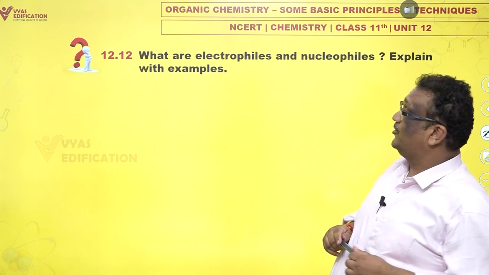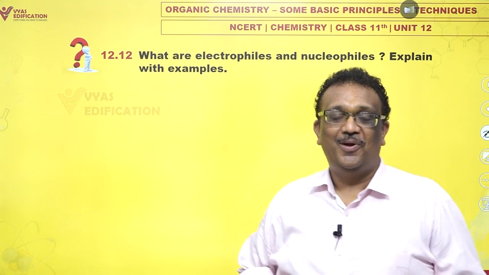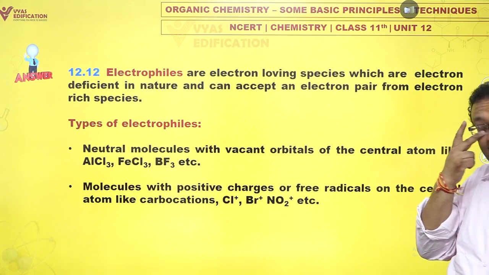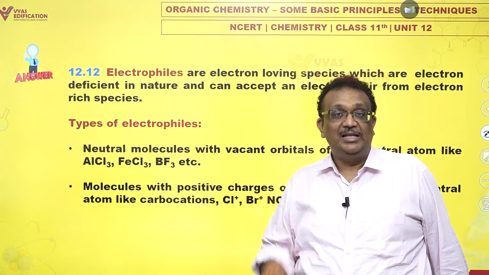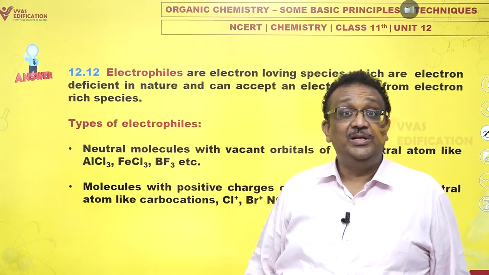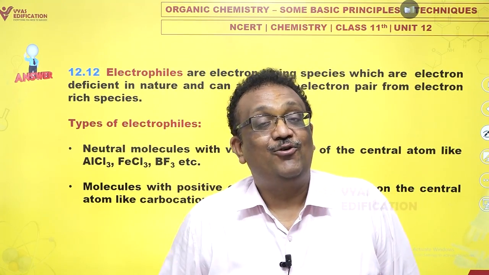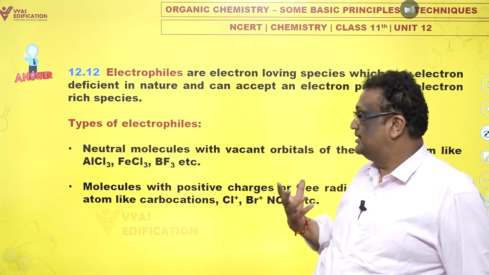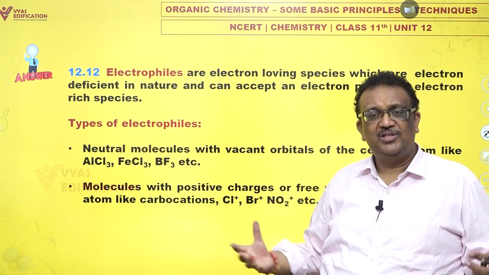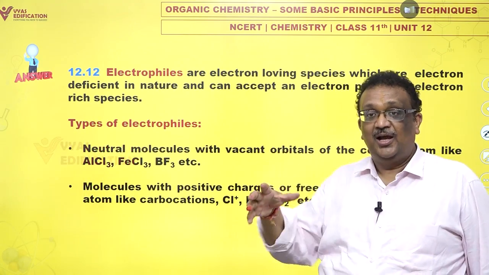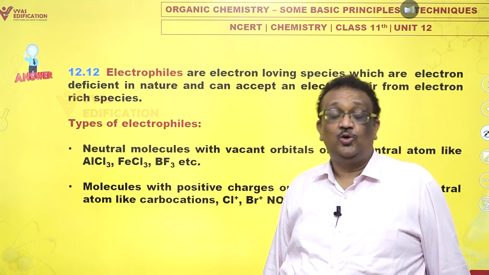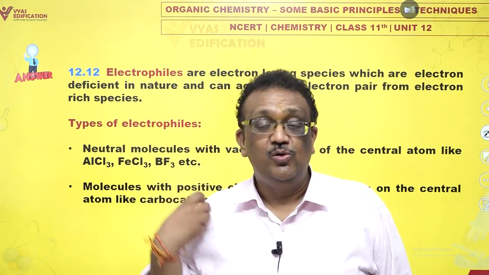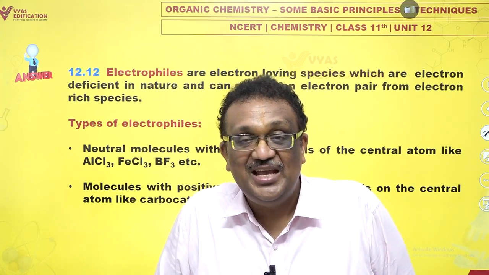What are nucleophiles and electrophiles? Explain with examples. Oh my God, this is a theoretical question and you will need a written theoretical answer. So I've got this written for you, but nonetheless, I'll also put it verbally. Electrophiles, phile means loving. Electrophiles means the species which love electrons. Electron loving species. These naturally are the species which are not very electron rich, in fact electron deficient species which approach those species which are electron rich. So typically cations or species which have incomplete octet or the species which are asking for a donation of electrons from anyone. Lewis acids, yes, they are